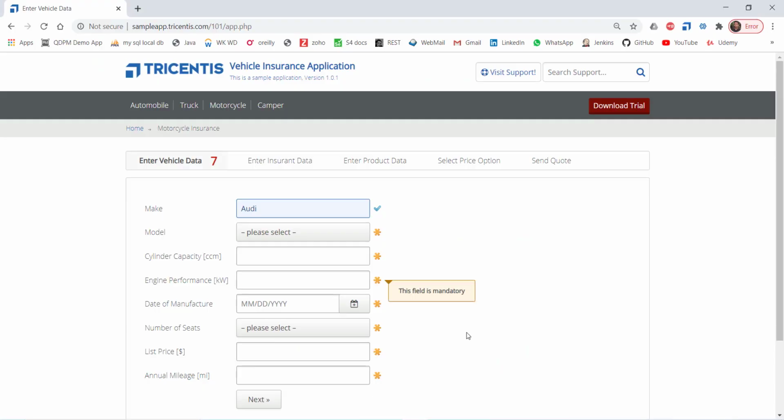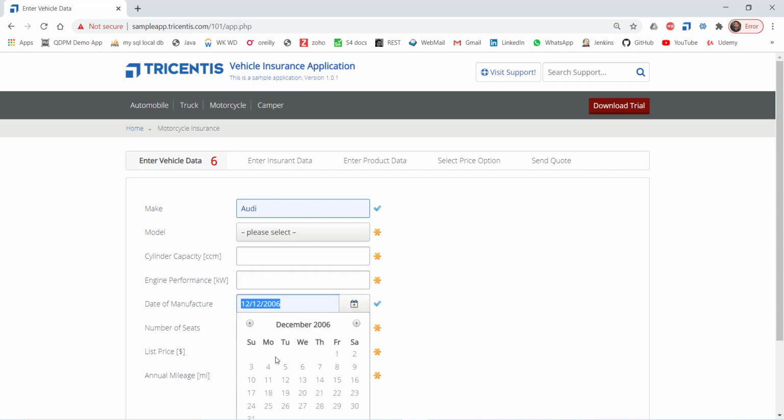Okay, now there is a date of manufacture again. As I told you earlier, here this particular calendar box is not required, because whatever data I'm trying to enter, it is working perfectly over here, right? I'm able to type the data. If this typing is not working, in that case I need to create the common method for handling this drop down calendar.